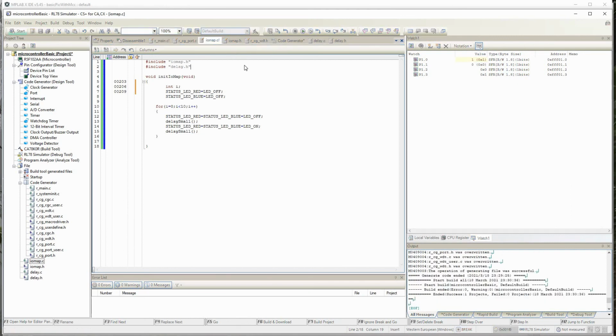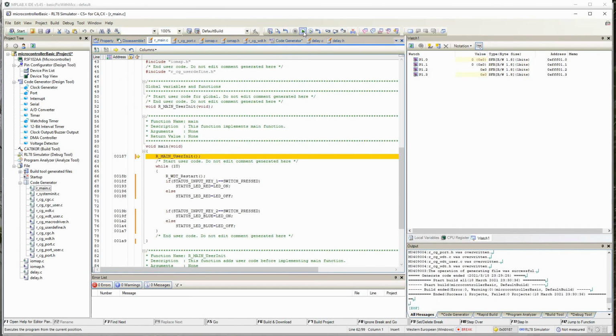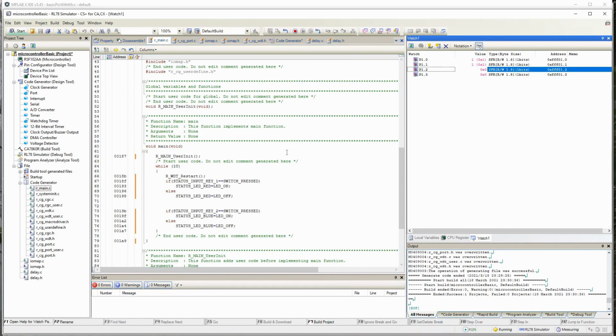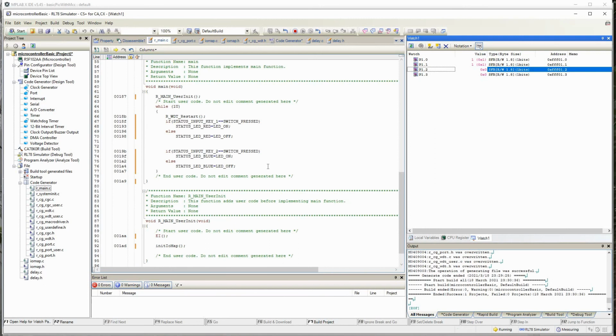So now if you see, the code will run. This is updating every 500 milliseconds, so it showed only 1 or 2 toggles. You can either reduce the update time to 100 milliseconds or increase our delay time from delay small to delay high. Basically the code works. So now we have written the same code in Renesas. Since we had written in a very structured way using hash defines, it was very easy to copy.